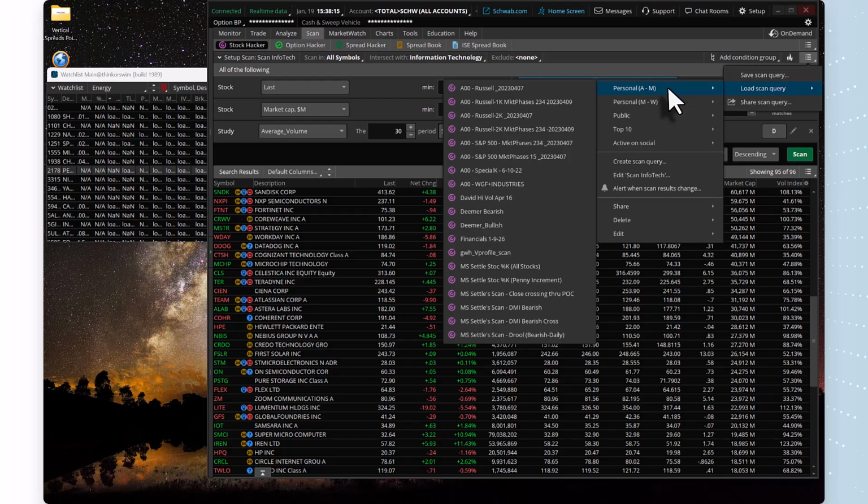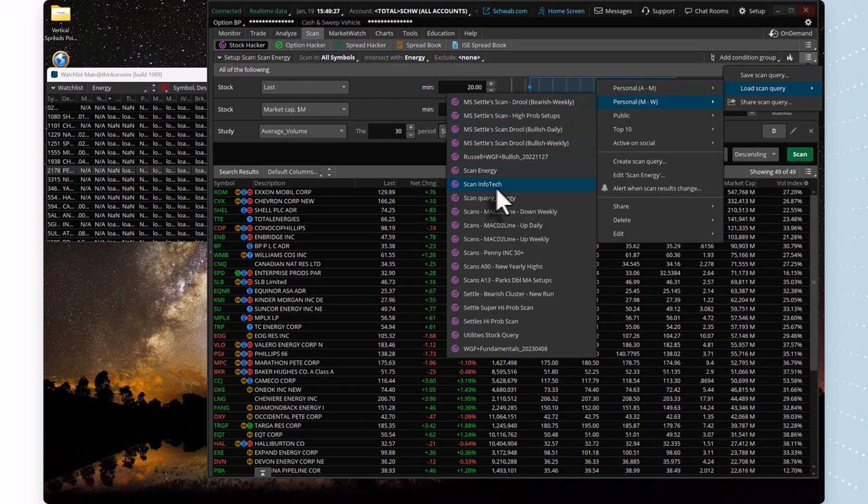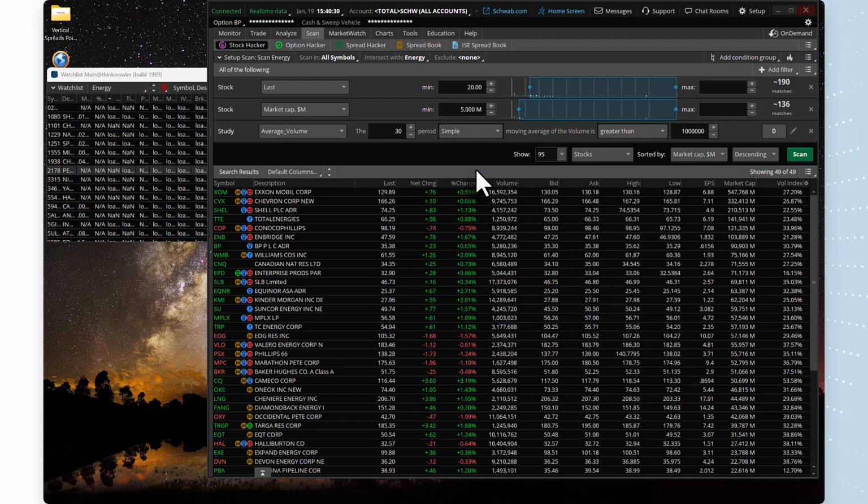If I load up the scan for energy, it looks something like this: we select all symbols, intersect with energy, the last closing price is greater than $20 a share, the market cap is a minimum of over 5,000 million, and the average daily volume over the last 30 days is greater than 1 million